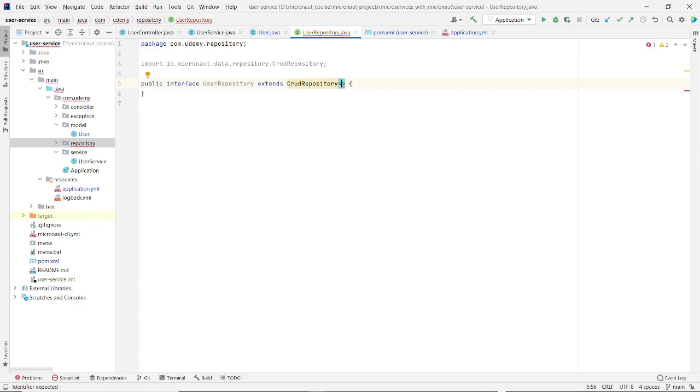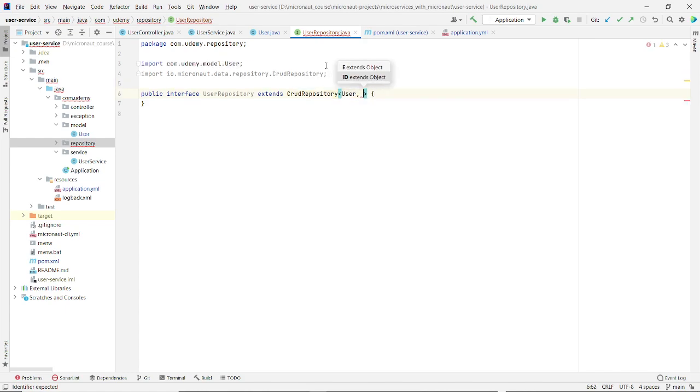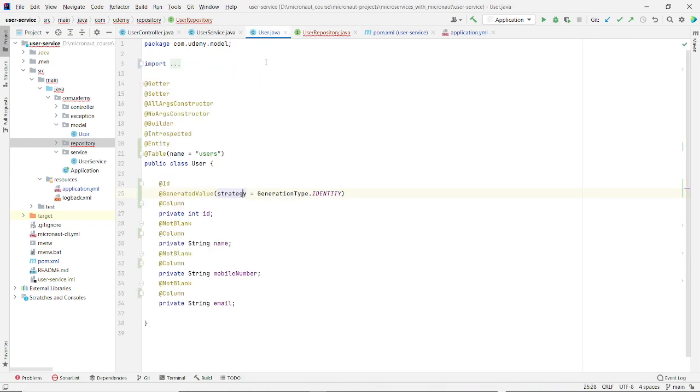This interface is provided by Micronaut Data, and it takes arguments as our entity, that is User, and the type of the primary key.